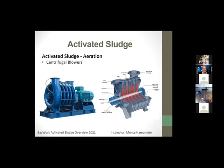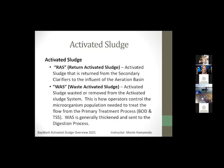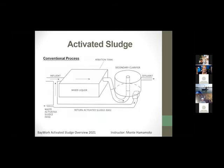There's a question here, Monte, about slide 8. Is that the influent? Is it just basic, or does it represent the primary? Primary influent. Okay. Basically, this is a snapshot out of one of the SAC state manuals, and it's the influent going into your activated sludge process, aeration tank. So that would be